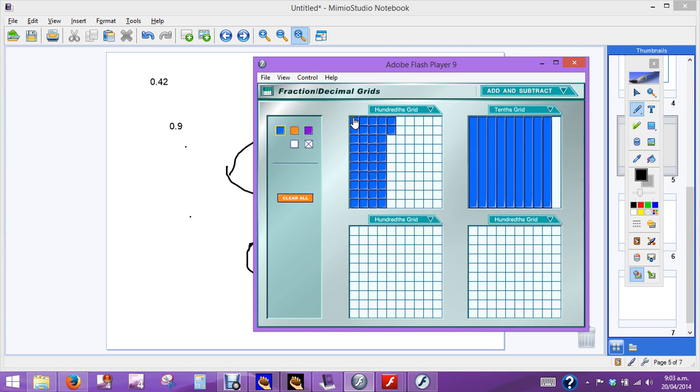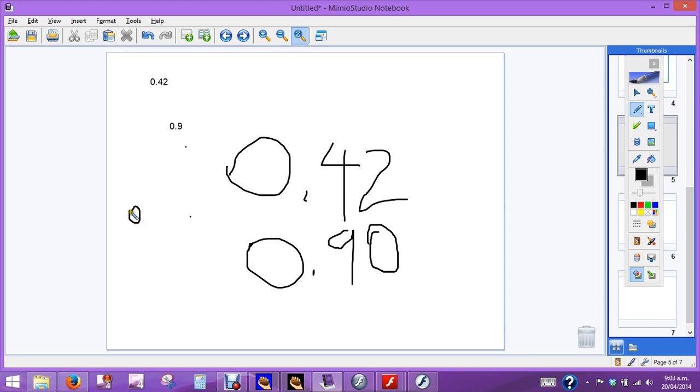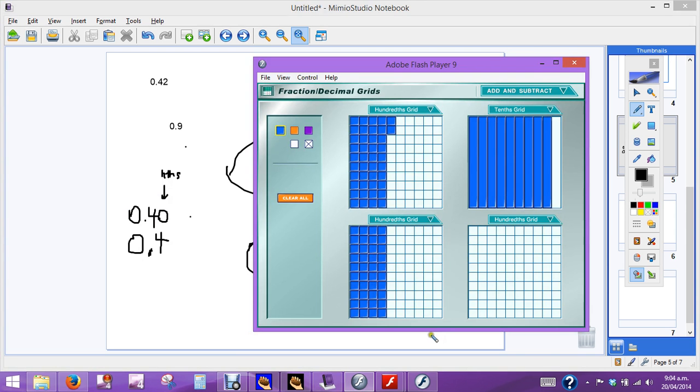Well, in each tenth is 10 hundredths. 10 hundredths, 20 hundredths, 30 hundredths, 40 hundredths. So 40 hundredths is my hundredths place value here, hundredths. That's the same as 4 tenths, but we'll just show you as hundredths, okay, 40 of them. Just like our 9 tenths was 90 hundredths over here. Okay,